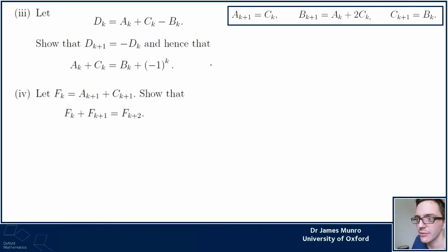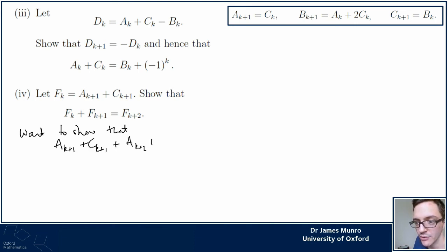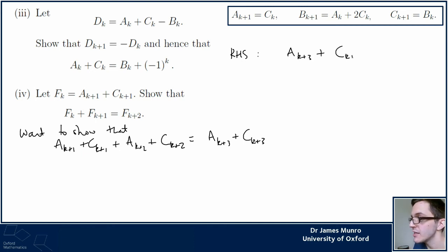So this fact here is that I want to show that a_{k+1} plus c_{k+1} plus a_{k+2} plus c_{k+2} is equal to a_{k+3} plus c_{k+3}. Okay, I'm going to use the things in the box to simplify this. Here's the right hand side. The right hand side of this is a_{k+3} plus c_{k+3}, and that's equal to, I'm going to use this fact first,